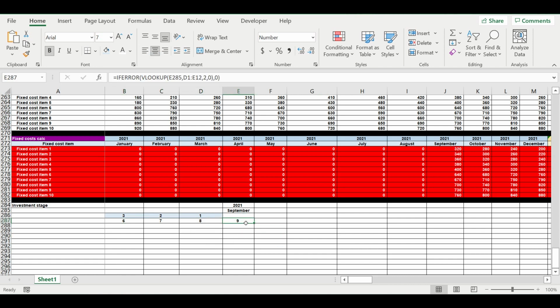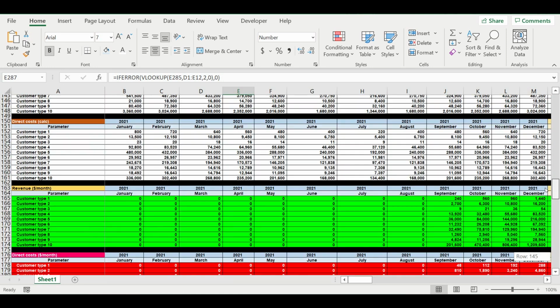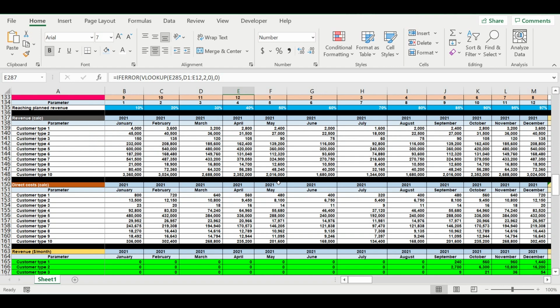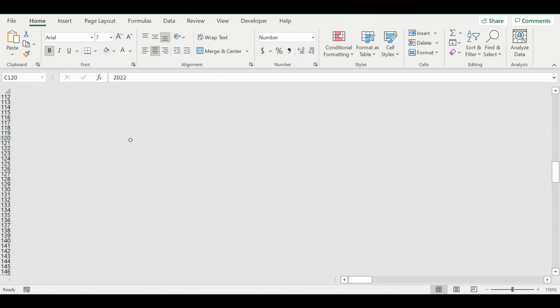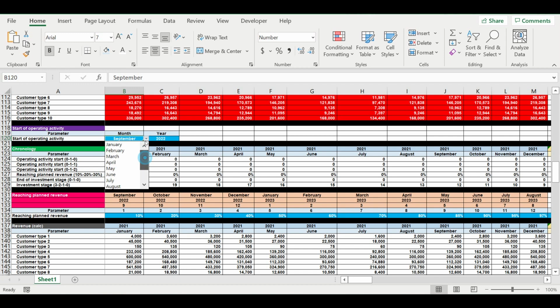So it is the 8th month. For example, if we want to start in January 2022,